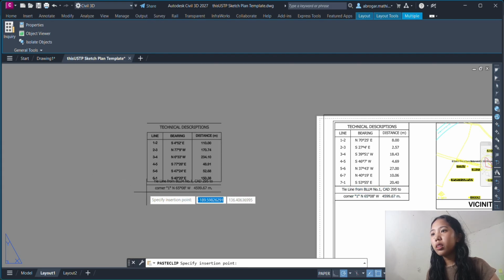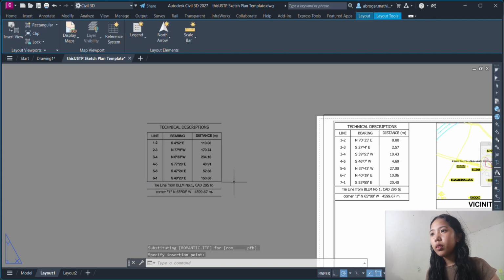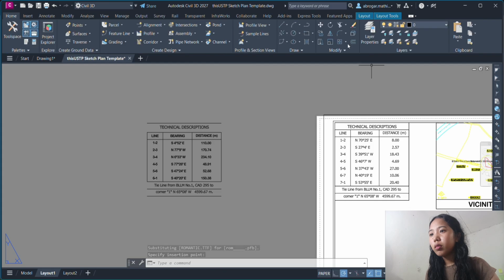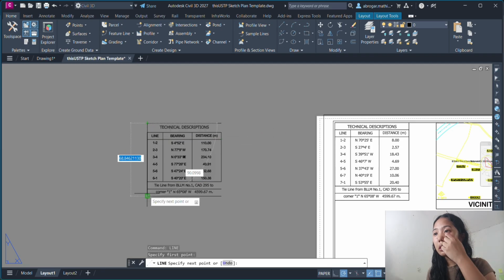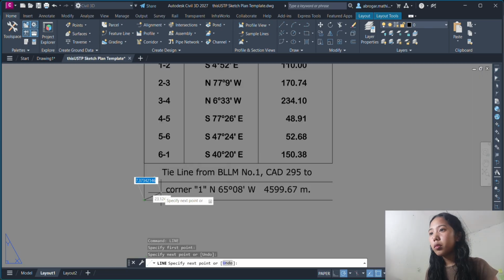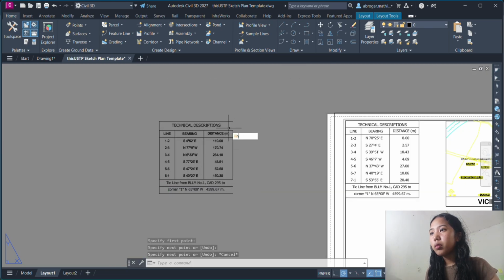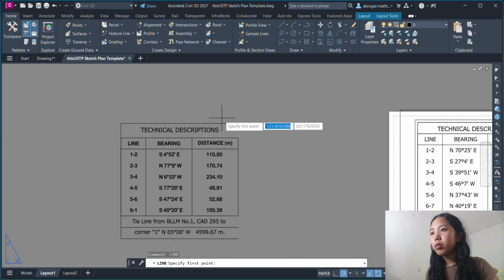So select this, remove, erase. Erase. Then fix this.